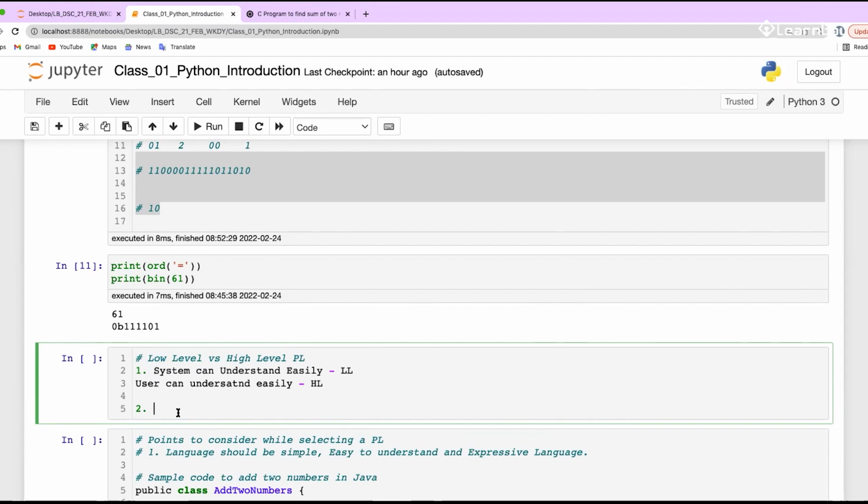Let's say you are using an Intel processor and you have written the code for it, and you replace the Intel processor with an AMD processor. That code will not work if you code in a low-level programming language. So low-level programming languages are architecture dependent,